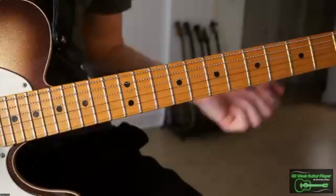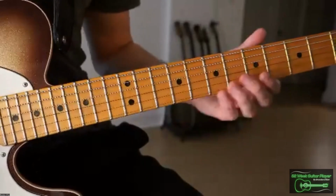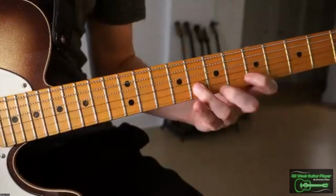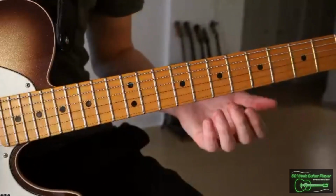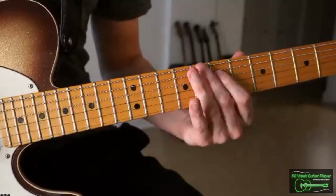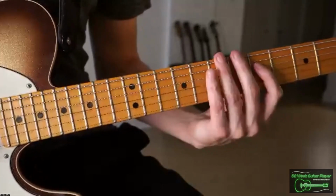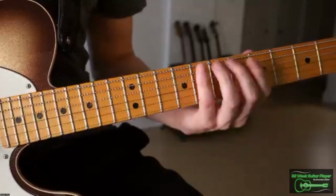So maybe I could change the melody to something like, just to keep it all on the same strings, because that's good voice leading, I could maybe do... You know, something like that. And I could try that on the bass strings as well. I could play A minor like this. And then C would be, and then G would be, and then back to A minor. So in total, you get something like...